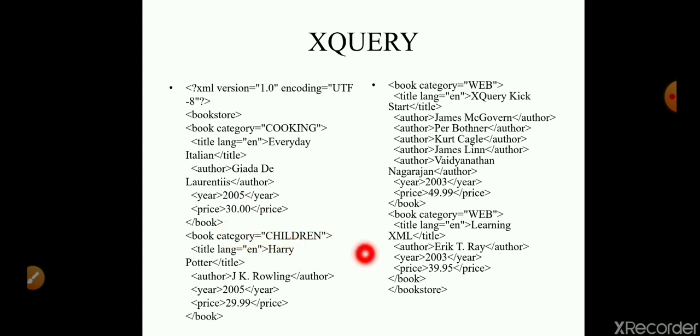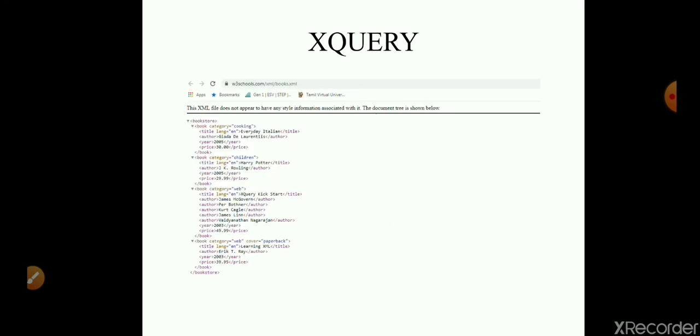In the same way, in this example, three books are described in the XML document. This is a view or display of the XML document of the previous example.